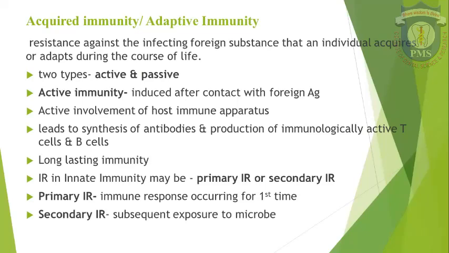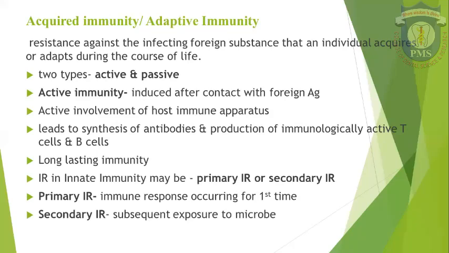Next, we will move on to the second type of immunity, that is acquired or adaptive immunity. This is the resistance against infecting foreign substances that an individual acquires or adapts during the course of life. That is very important. There are two types of acquired immunity, active and passive. Active immunity is induced after contact with foreign antigen. It involves active participation of the host immune response and leads to synthesis of antibodies and production of immunologically active T cells